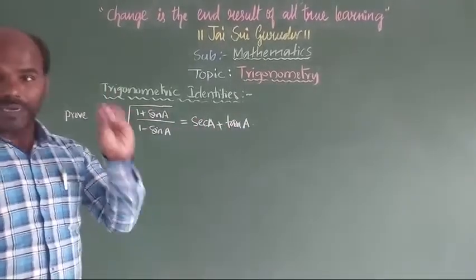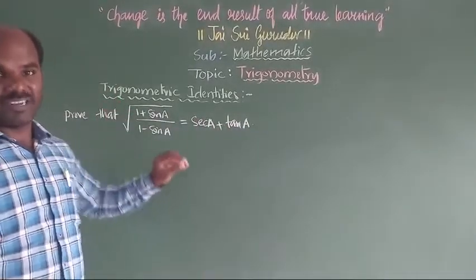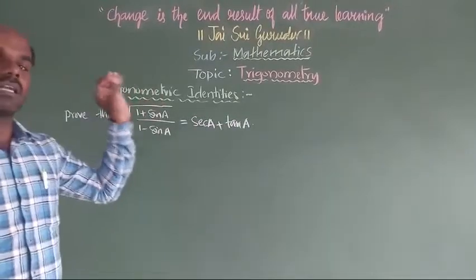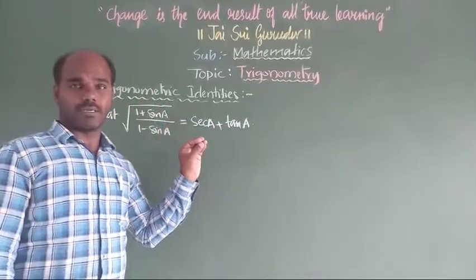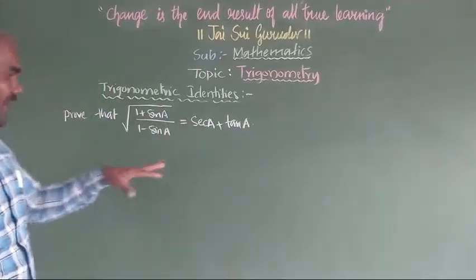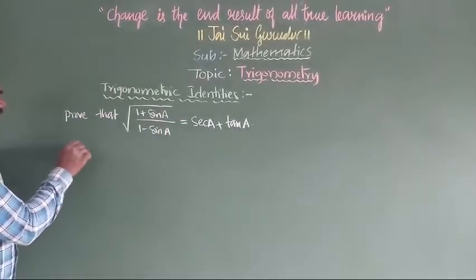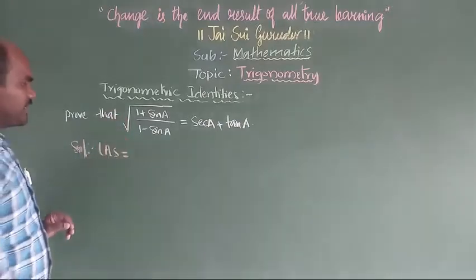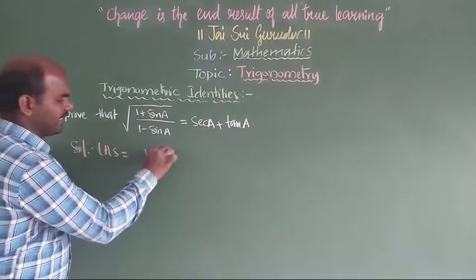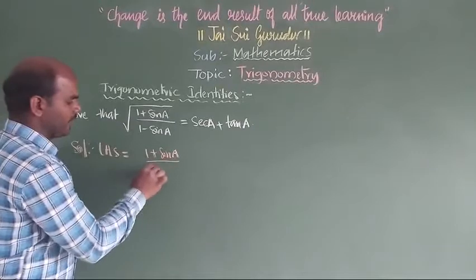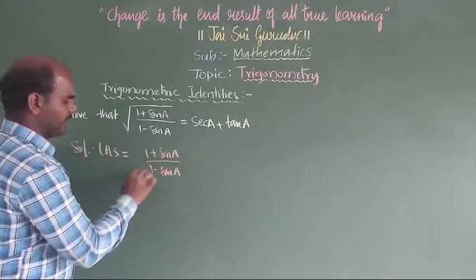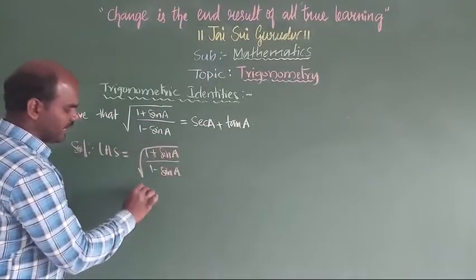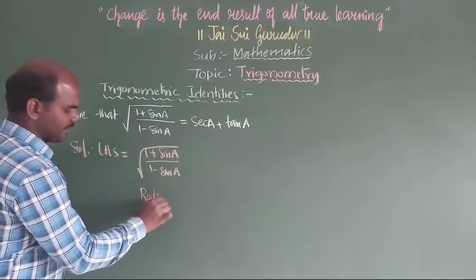So if you have the ratio in the numerator, you will get minus here. Finally, what you want to understand is that you want to rationalize the denominator. You have to remember that point. Okay, now, in the solution, I am taking this as the LHS. So the LHS, children, is 1 plus sin a by 1 minus sin a. Now I am rationalizing the denominator.